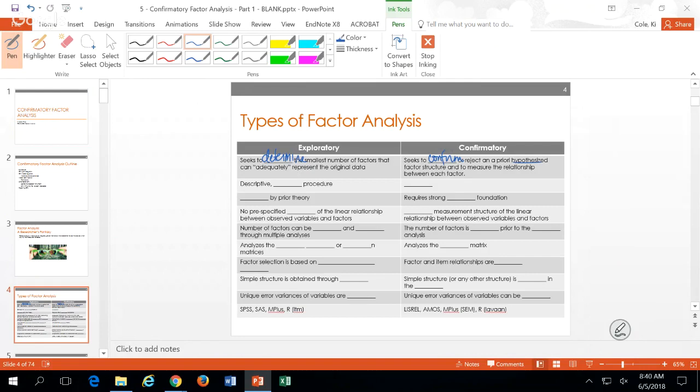So in EFA, you just kind of throw the data in and see what it produces, and you can put some constraints about the eigenvector values or the number, but typically we just see what we can uncover from the data, whereas confirmatory, we have an a priori hypothesized structure, and we input that specific structure and see how well the data fit what we hypothesize it to do. EFA is descriptive, exploratory, whereas confirmatory factor analysis is a confirmatory